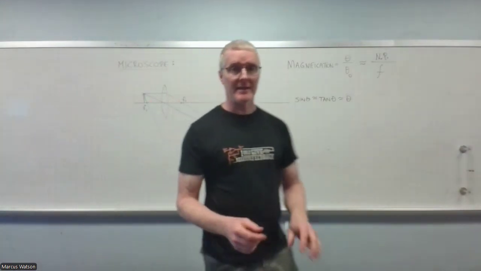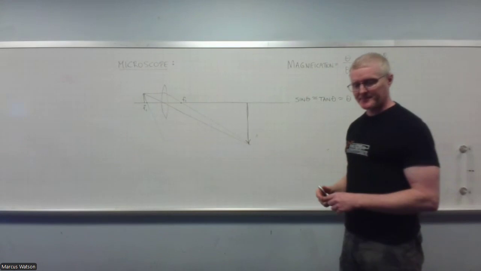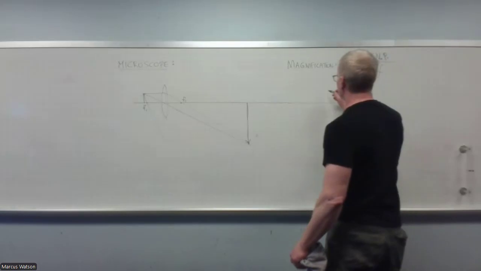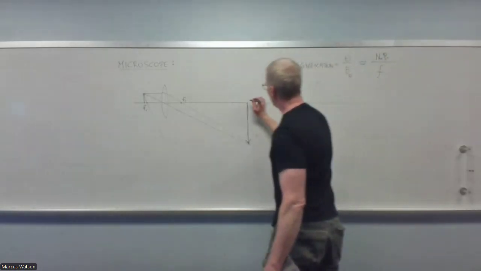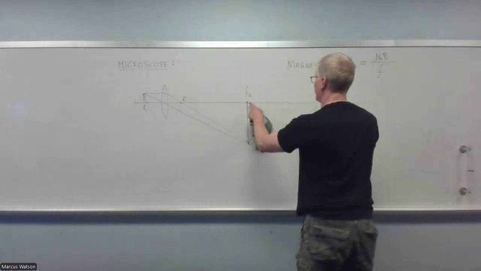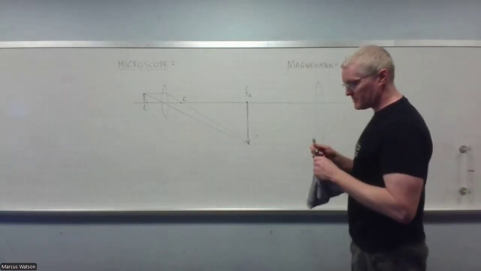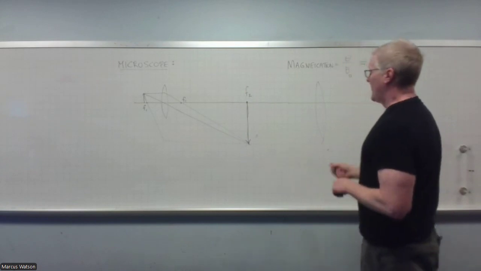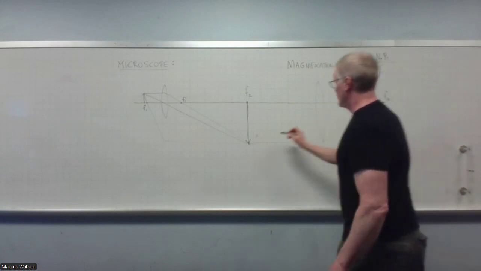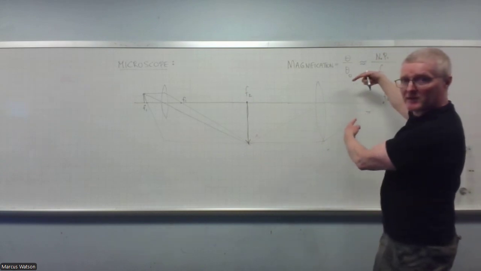Now I'm going to take another lens and I'm going to look at that image and try to magnify it. So that means I'm going to take another lens over here whose focal point is basically right here. Focal point for lens 2 is basically about right there. And so what's going to happen is we're going to get an incoming ray, which is going this way. We're going to get one straight through, and you can see these rays are going to be approximately parallel,